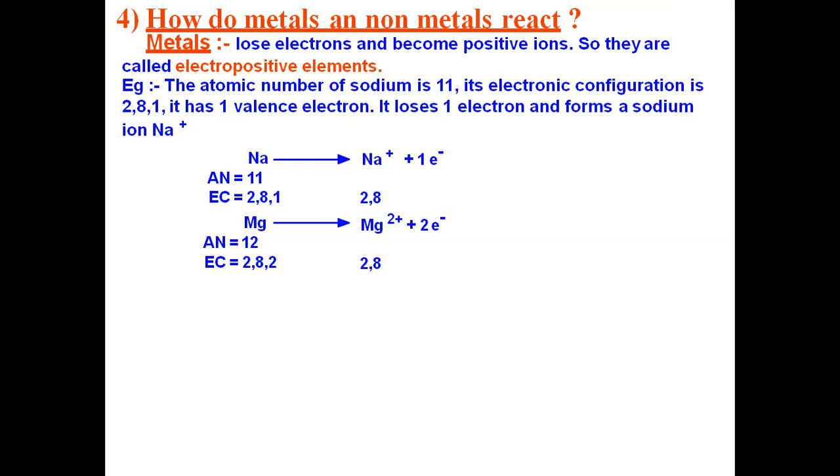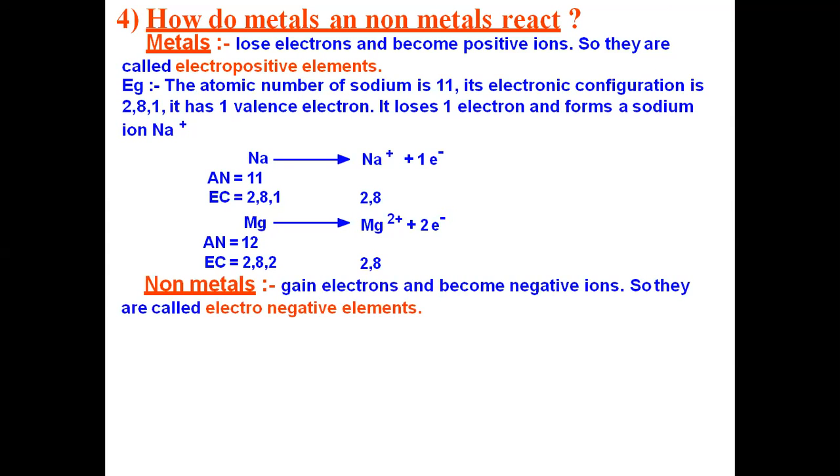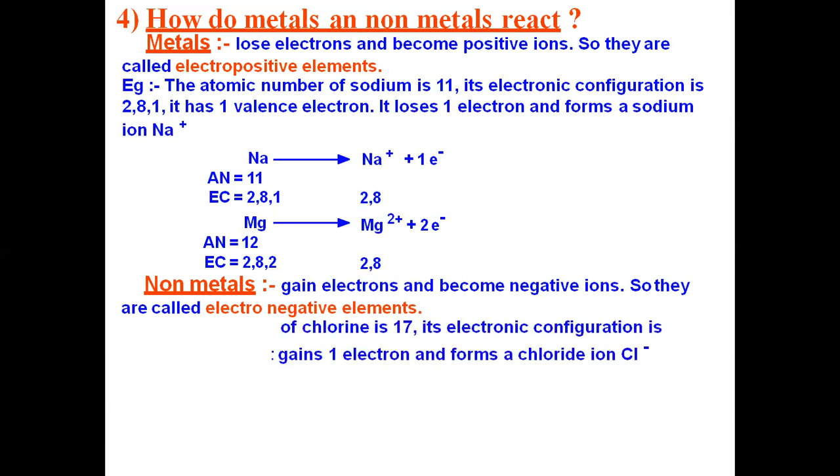So metals are the ones which are ready to donate electrons to the non-metal or any substance which is ready to accept. Why? Because by losing the electron, the metal gets more stability. How do non-metals react? As I already told, non-metals gain electrons and become negatively charged ions. This property is called electronegative, and these non-metals are called electronegative elements in the periodic table.